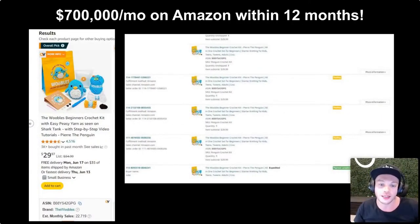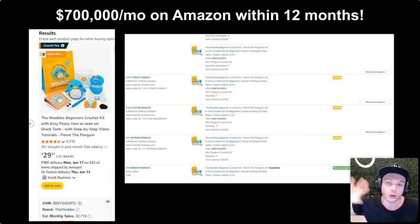Crochet. So this is the Woobles. If you have a hobby on crocheting, or maybe you want to learn crocheting now, it's a good time to learn. You could make your own crochet kit. You have videos, how you started, how you make a crochet kit, make cute little animals. I've never seen adult products, right? Adult crochet stuff. It's all geared towards kids. Maybe you could have something that's more towards adults, right? If you like crochet